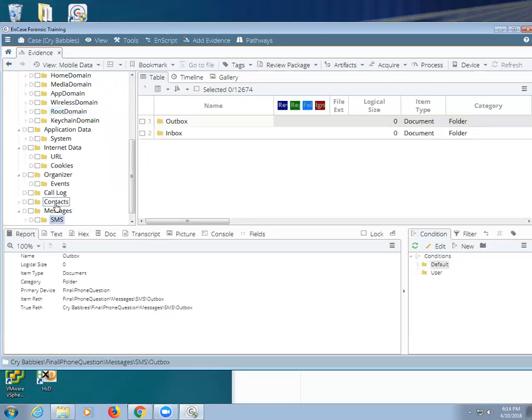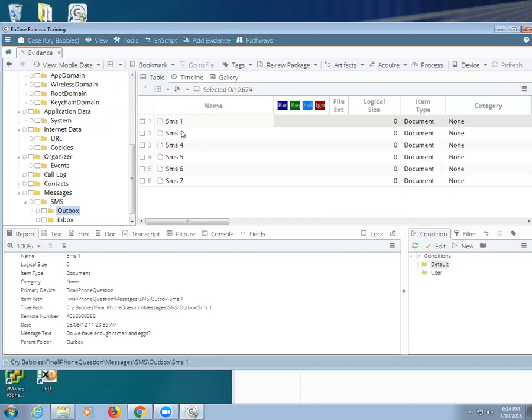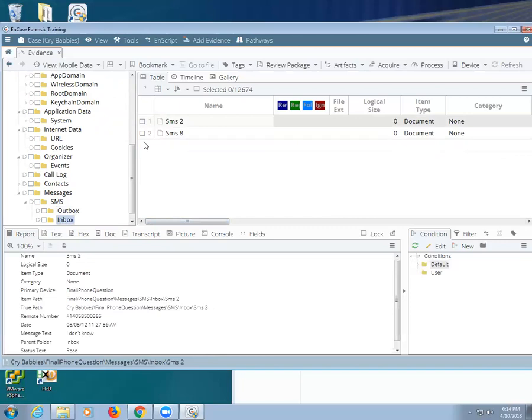See, there's the SMS messages. Hold on, let's look at those real quick. You can go to the outbox, and you should see: do we have enough ramen and eggs? Okay, then what should I get for us to eat? No, sorry. Brisket and ribs, or just brisket. And here's the inbox. And then these are obviously the answer to the other one. So that was the answer to brisket and ribs. Obviously, this person is false.